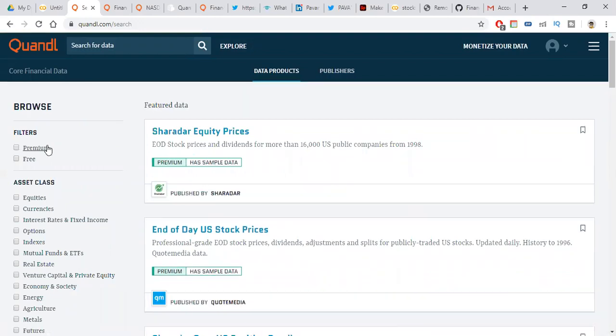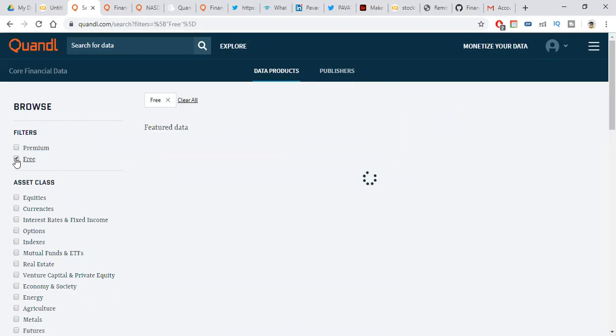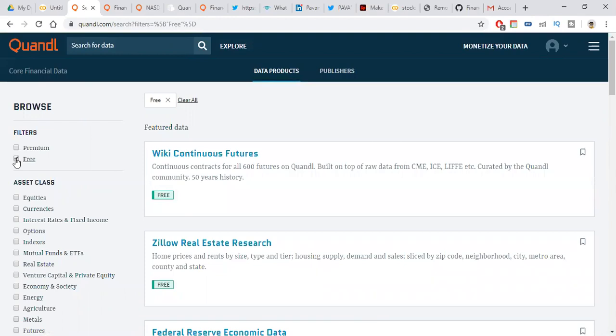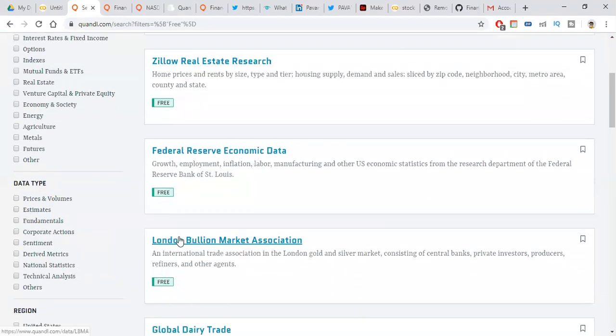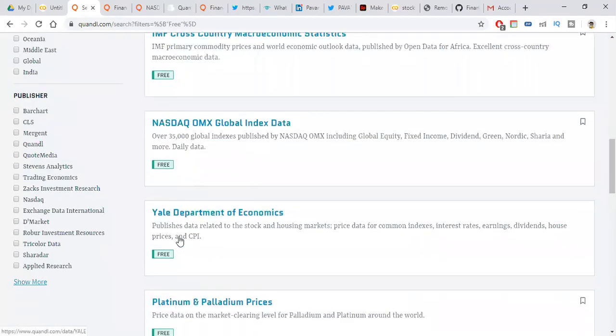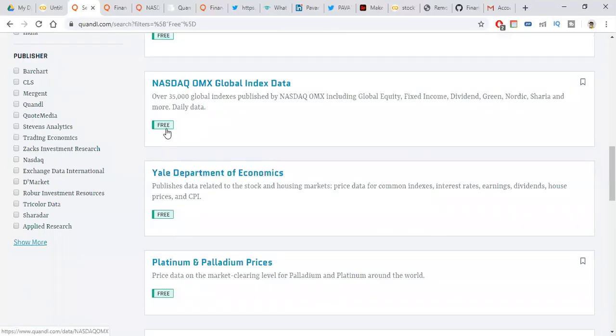It has premium data. For premium data, we need to pay. For free data, we don't need to pay. Click on free data, and all the free data will come. I am going to Nasdaq free.